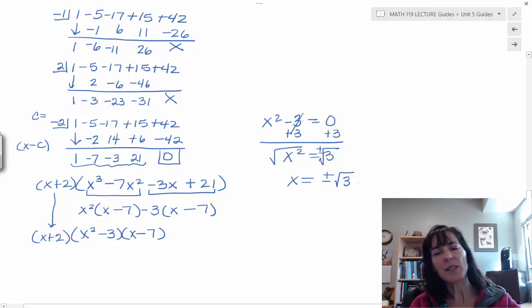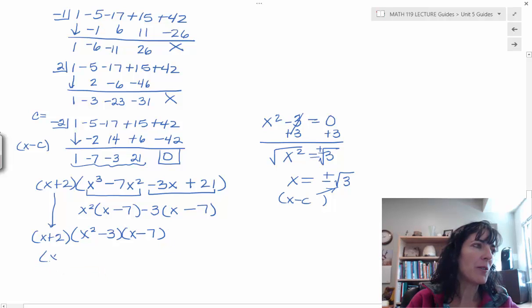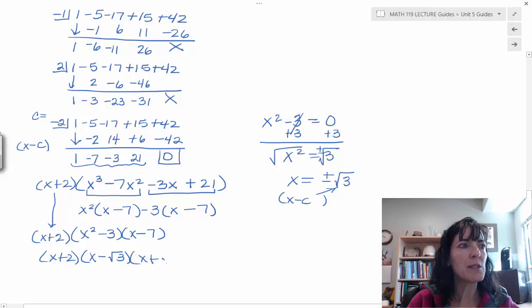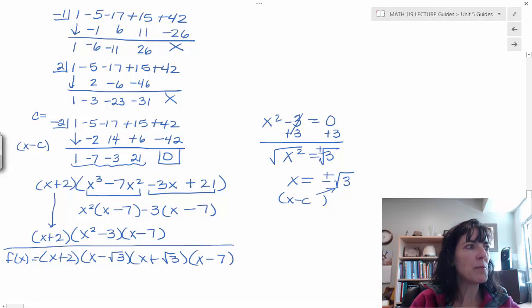Now, since I know my x's, remember that's just like over here, I knew my x was a negative 2. I can put it into the form x minus c, where my c's are coming from the right-hand side here. And so, we have x plus 2 already, and then one of those factors is x minus the square root of 3, and the other is x plus the square root of 3, and then my last factor from the list, x minus 7. So I have the polynomial in its factored form, which I generally want to see,